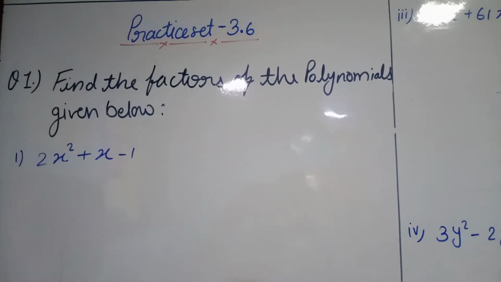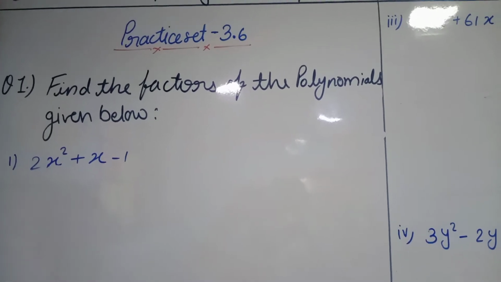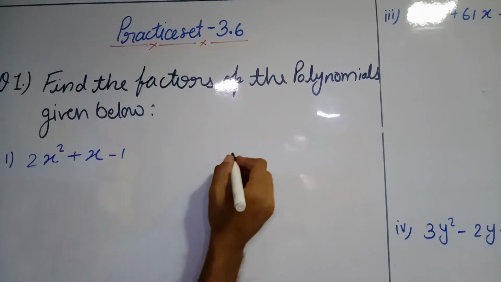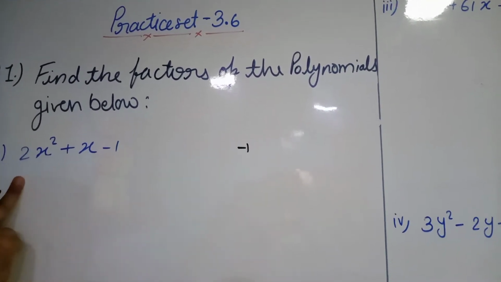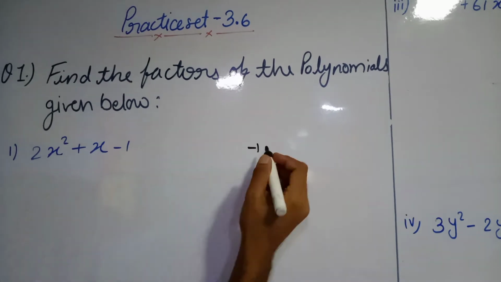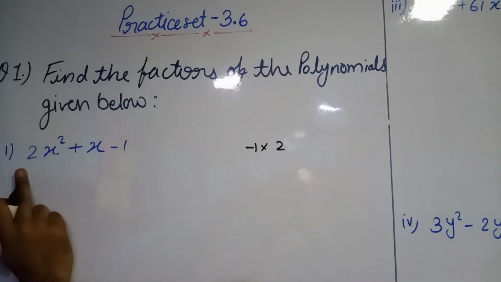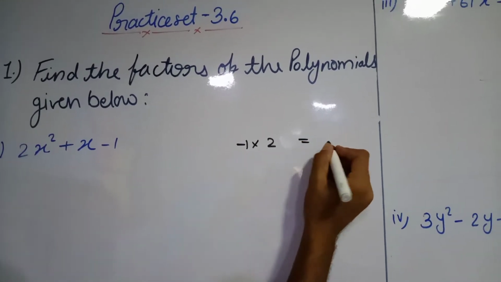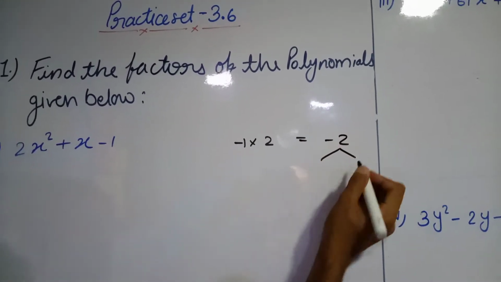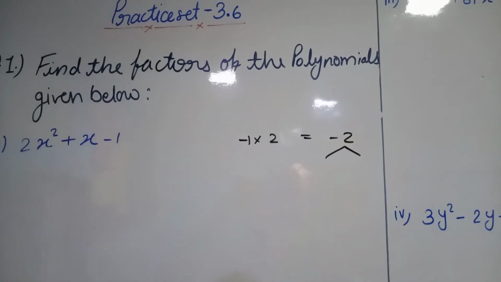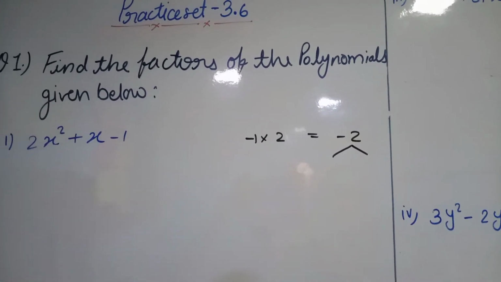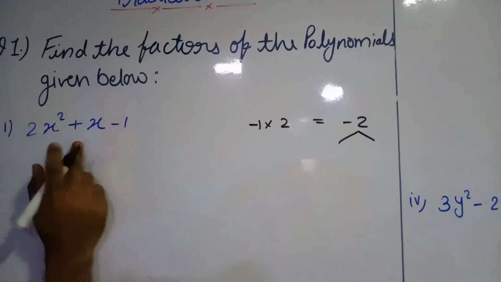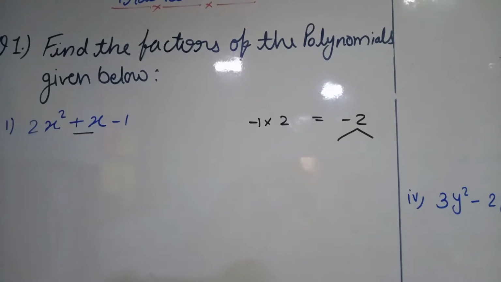Now the next step: we have to do the factorization of a or ac. Here we have minus 1, but we have the coefficient 2 with x square, plus 2 is there, we are not showing the plus sign, so minus 1 into plus 2 is equal to minus 2. Now this minus 2 should be factorized into two parts. We have a lot of factors, but we have to factorize such that we get the answer of the middle one, the second term.